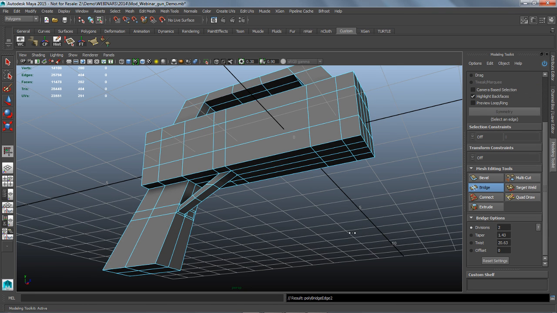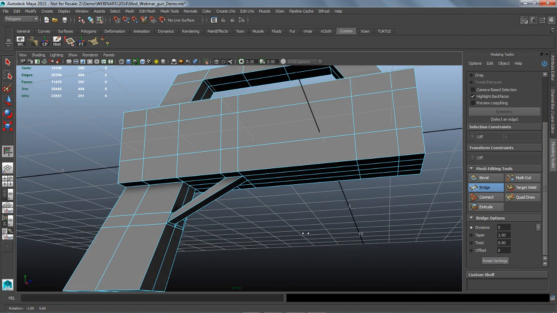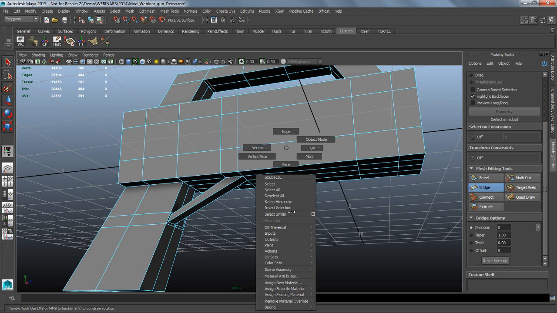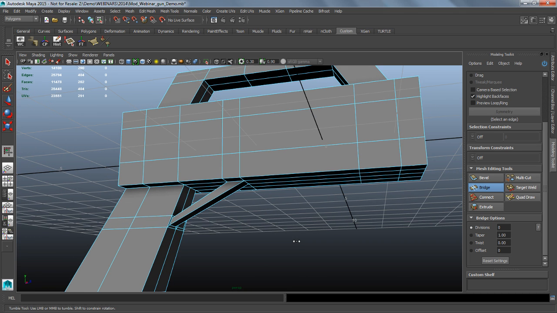So if I hit the bridge tool, by default it's going to join that. Let's reset it because I had divisions set. Maybe I don't want to set those quite yet. But in any of these tools, whoops, as I'm working, if I hit Control Shift and right click with this, you'll see that I actually get the marking menu of those settings there. And here we have curve types. Well, if I put that to blend and then bring in the divisions,